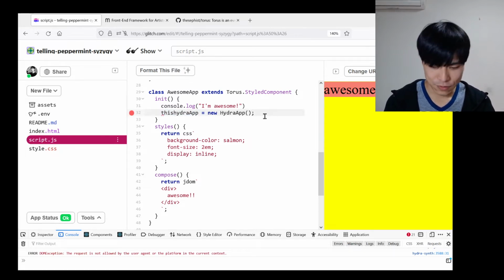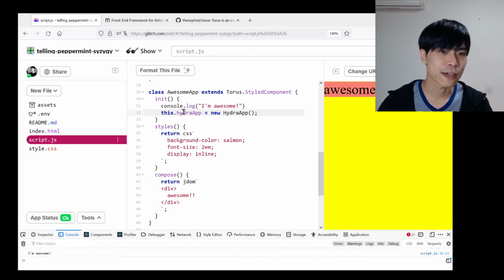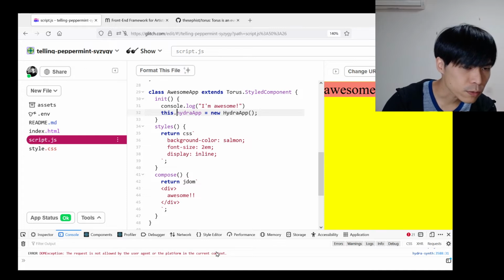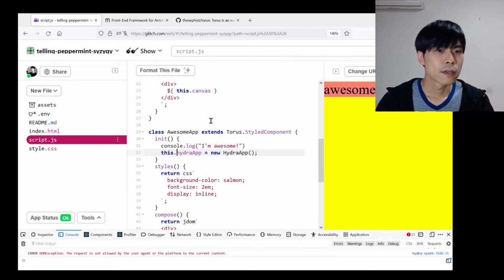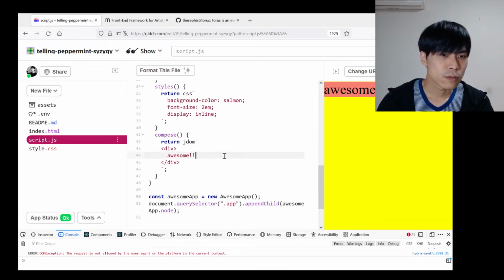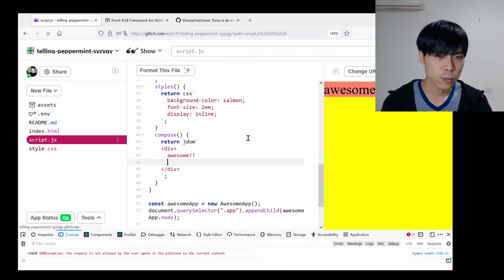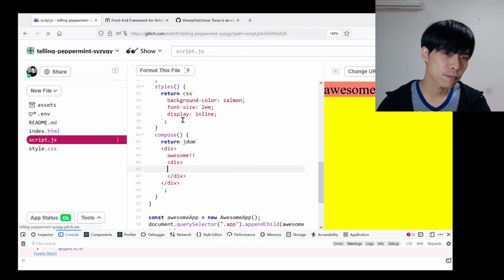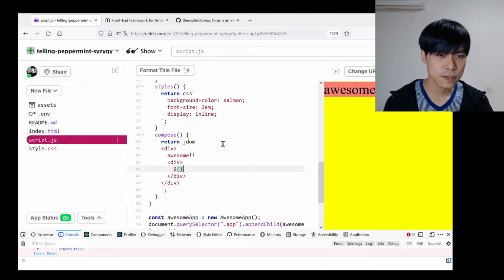So I want to keep this Hydra app inside awesome app. I don't know if there's an error. Let's see. So it's instantiated. Now, not just instantiating it, I want to show it. And again, you always have to put the element or the Torus object inside JDOM. And in this case, it's going to be